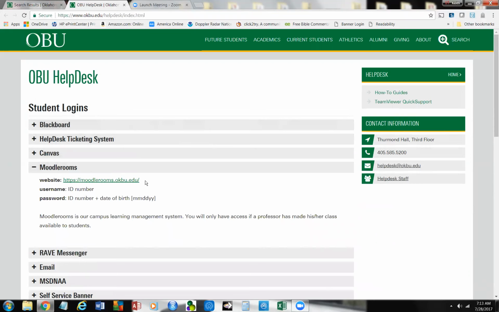Now, you'll click on this site, and then you'll put in your username, which is your ID number at OBU, and then your password, which is your ID number and your date of birth, and I'll have the course activated. So we're going to go over to Moodle Rooms,